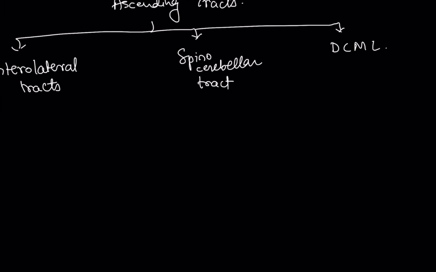DCML stands for two words. Okay, DC stands for dorsal column, ML stands for medial lemniscus. This is just the thing that you need to know. In the next slide, I'll be explaining the whole process or the whole pathway. Okay, but that is only for your understanding. Okay, so this DCML is dorsal column, medial lemniscus.